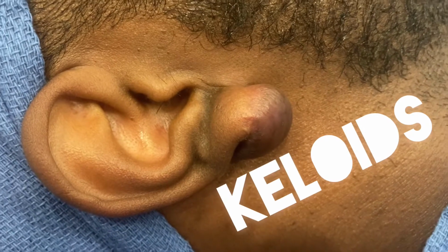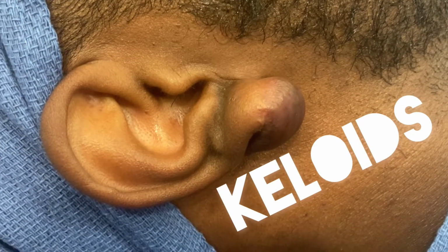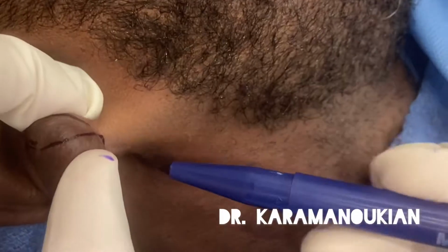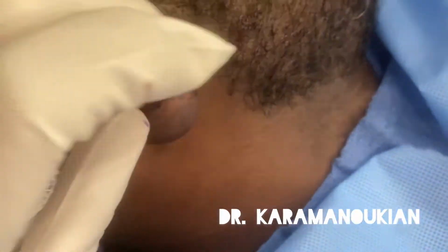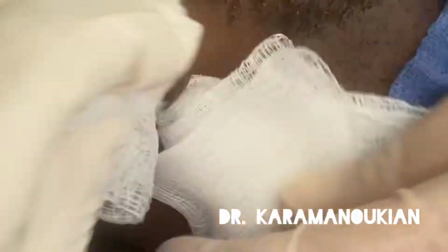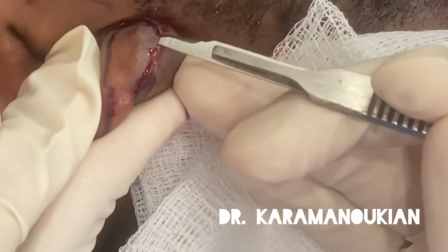Hi, it's Dr. Raffi Karamanoukian, and today we're looking at a scar revision for an earlobe keloid that's located behind the ear. The first step is for me to make surgical markings for my incision sites. I'm using a surgical marker to mark out where I'm going to make the incision and where I'm going to